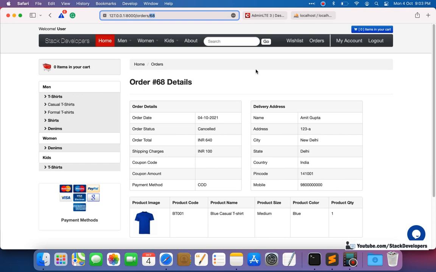But before that, in the next video we are going to work on the cancel reason, like we have seen in Amazon, where we can ask the user why he wants to cancel the order, so that the vendor, the admin of the website, will come to know why the user has cancelled the order. The admin can track after 1 month how many orders have been cancelled and for which reason the orders are getting cancelled. So that thing we are going to do in the next video, so please stay tuned for that.